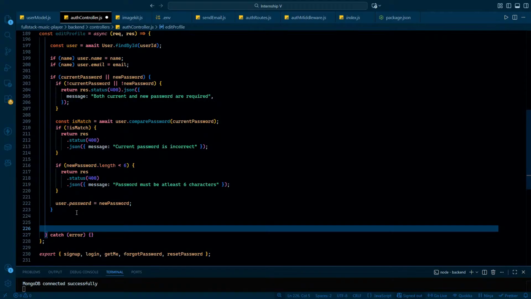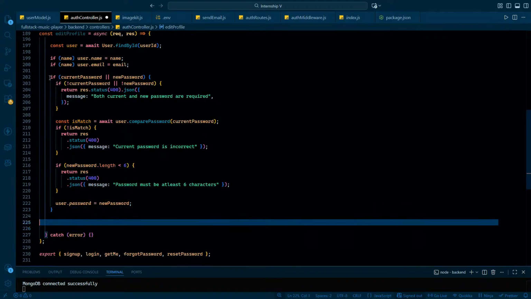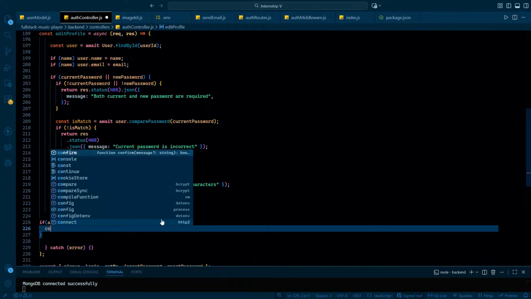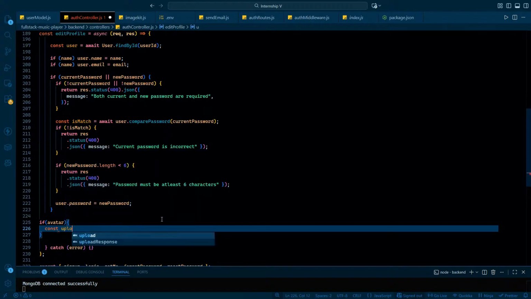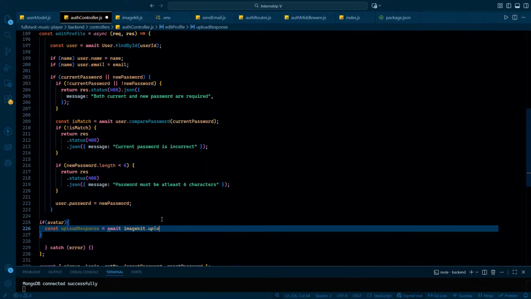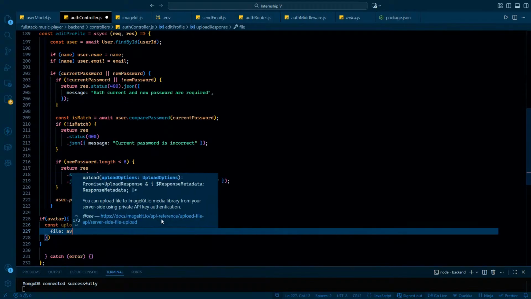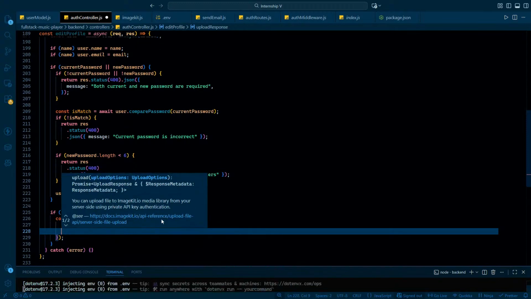Okay. After this square bracket, because everything inside is written for whether the password is there or not. After this, we will write, suppose you have updated the avatar, like if you are giving an avatar, so what will happen? Nothing, just the configuration we will update. Fine. So const upload response await image kit dot upload, file avatar, then file name